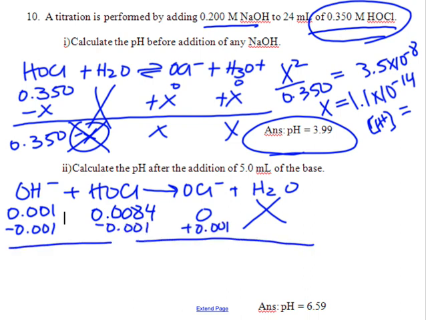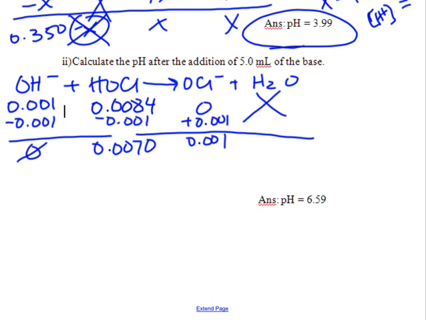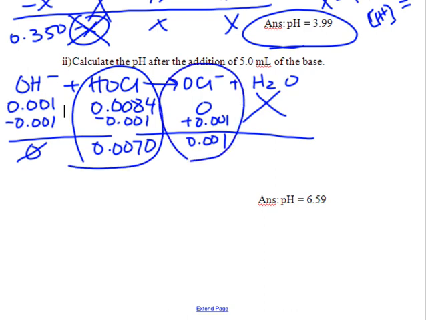This time we do have something we care about being created. So we have 0.0070 and 0.001. What do I have left over? The war is done. Oh, 7.4, my bad. 7.4. Now the war is done. What do we have left over? A buffer system. Do I use the pH or pOH version? pH is equal to the negative log of your Ka, which is 3.5 times 10 to the negative 8, plus